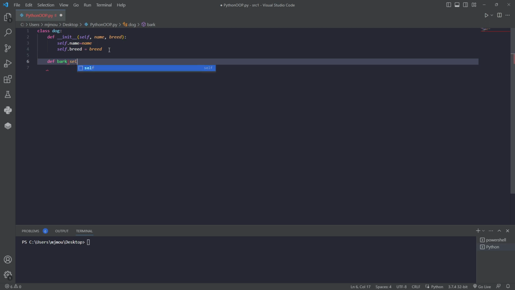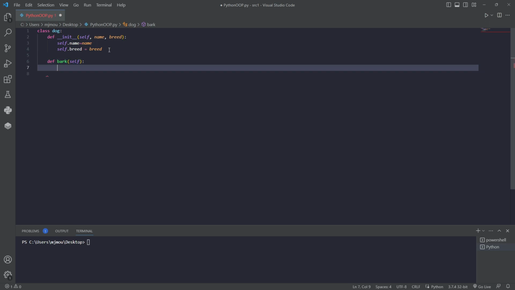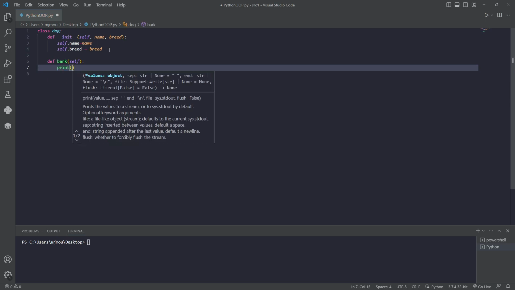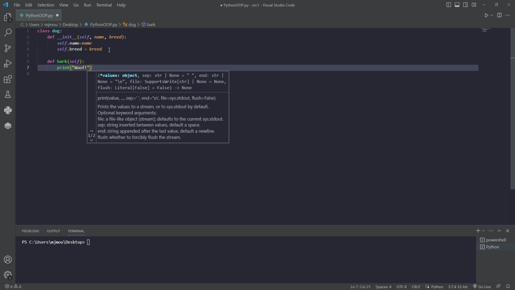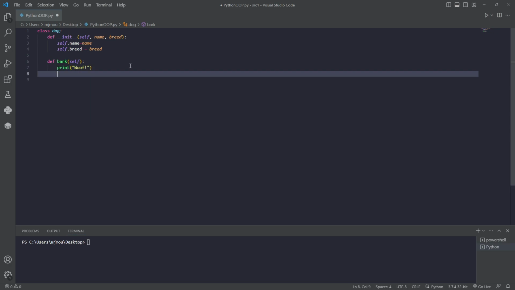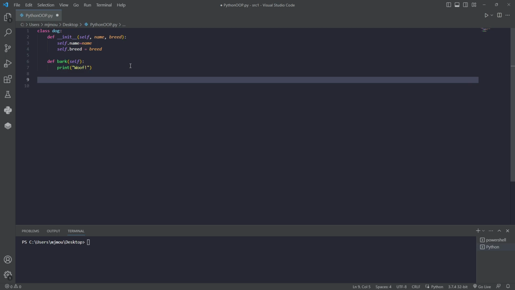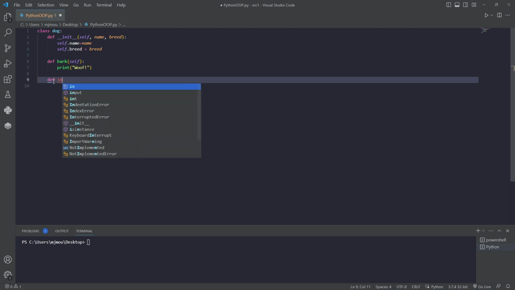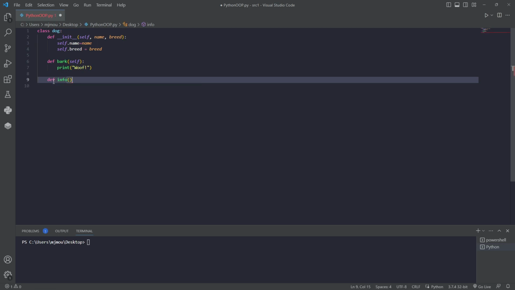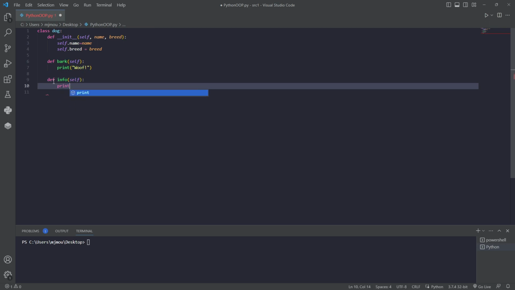I'm going to pass in self as well. And then I'm going to create a new print statement that goes print like that. Okay. So now we've done bark and we've done breed and we've done the attributes. Let's create another method that actually allows the class to deliver the information that is stored. So if we do def info, and we'll pass in self, and then we just want to print, and we're going to do